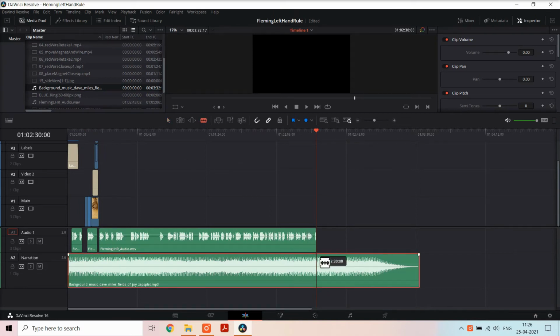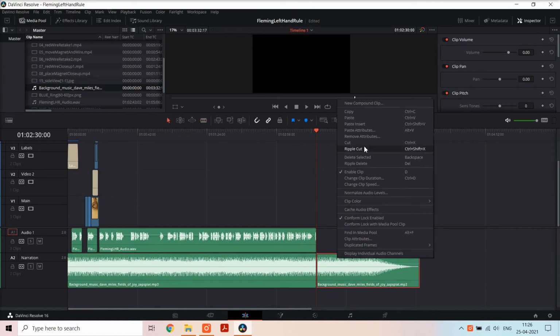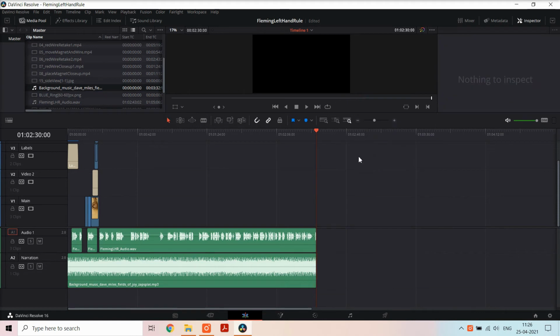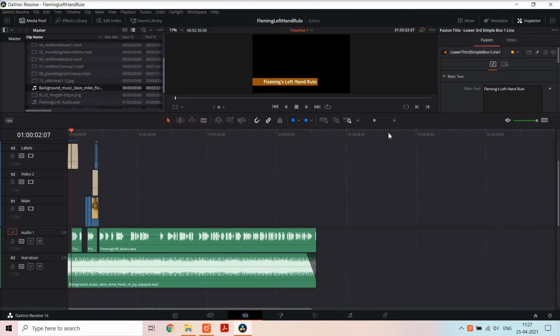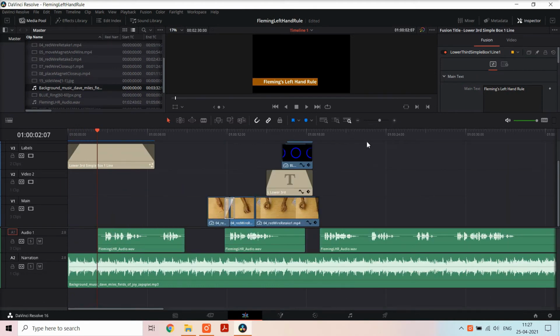Duration of the music track is longer than that of a narration. We'll have to cut the tail part of the music track and match it with the length of narration. Let us add some fade out effect towards the end as well. We will reduce the level of background music so that narration is heard clearly.